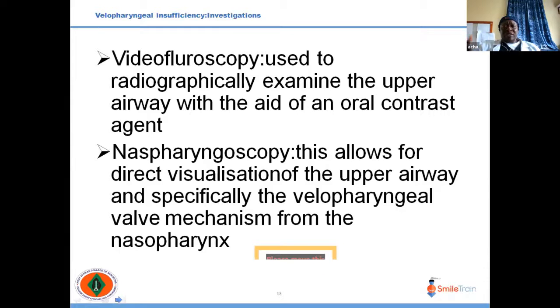nasopharyngeal tumors or adenoids. When you pass the nasopharyngoscope through the nose, you look at the postnasal space, you look at the adenoid, you look at the palate. Those videos and pictures are put on the monitor, and you do that most of the time in conjunction with the speech and language pathologist. The reason why you do that is so that you can study the effect of the palate repair on the speech of the child.